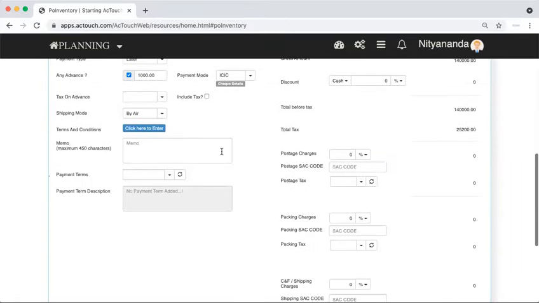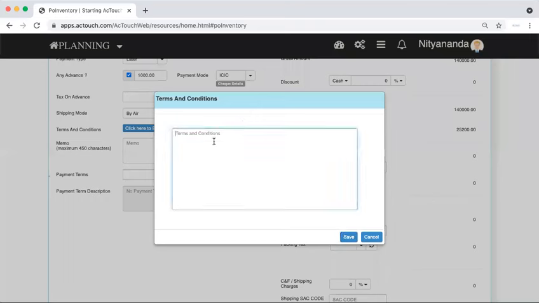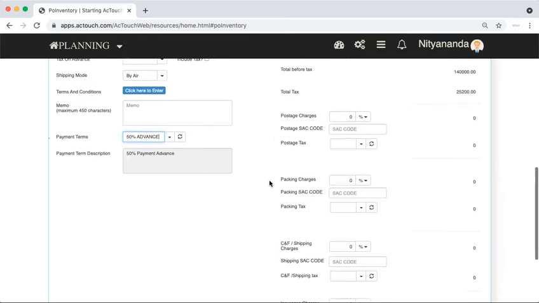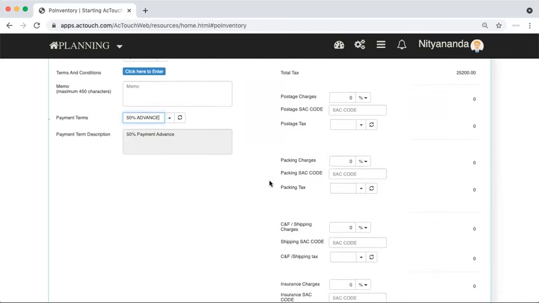Okay. Now, if you have any terms and conditions for that, you can mention that. Rules related to the purchase can be mentioned over here, and based on that, the data will come. If any specific payment terms are there, like 50% I pay in advance and the rest I'm paying later, those kinds of conditions you can take up.